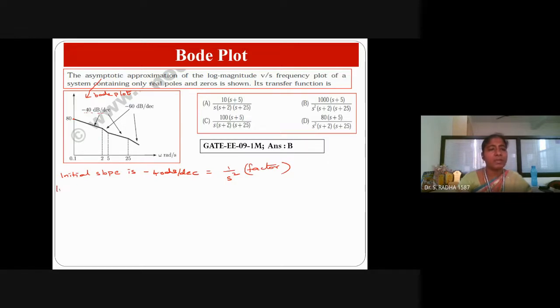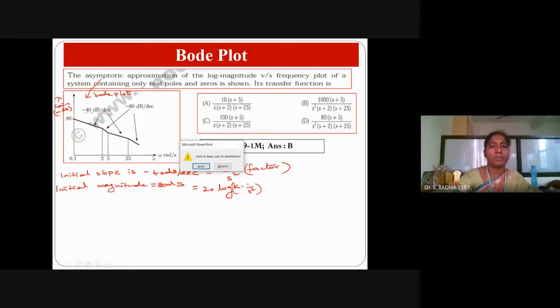And you can see the initial magnitude in the graph is 80 dB. The y-axis in a Bode plot is gain in dB, and the x-axis is omega, frequency in radians per second, or sometimes log omega. This initial magnitude is nothing but 20 log k, the open loop gain k. Along with that, any integral or derivative factor present in the transfer function will also be combined. So, into 1 by s square, because the initial slope is minus 40, we identified that 1 by s square is there.